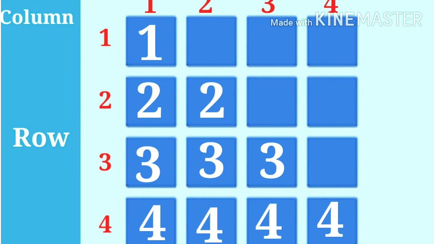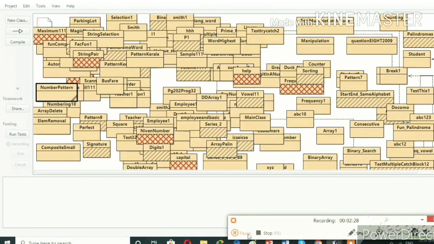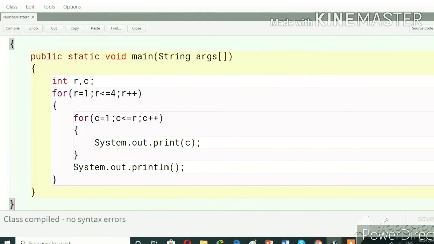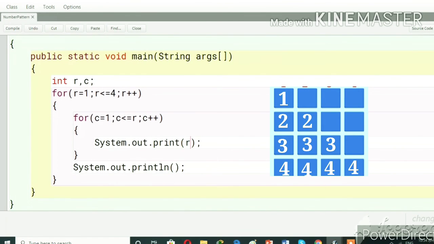So let's start our Java coding and do the program. Let's edit that program. Here we have to change the print statement. When the row is 1, the column will go from 1 to 1, but it will print the value of r.